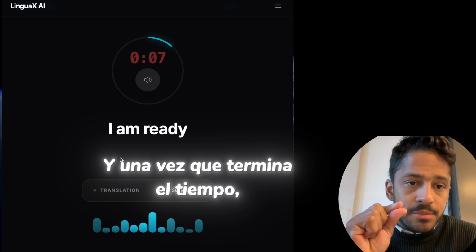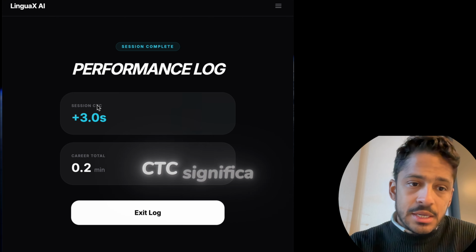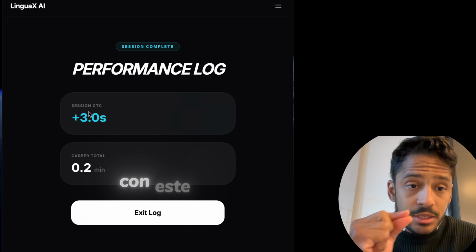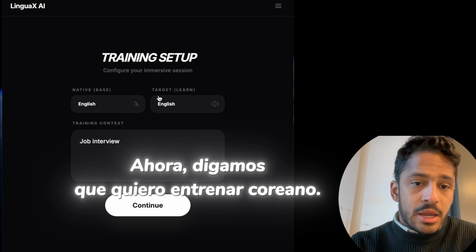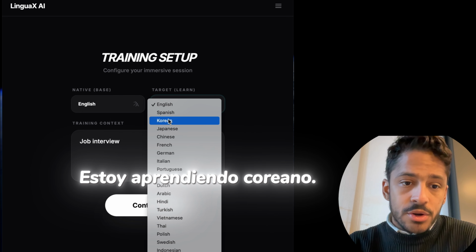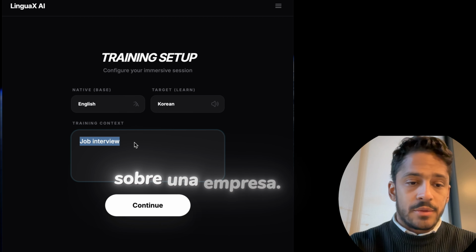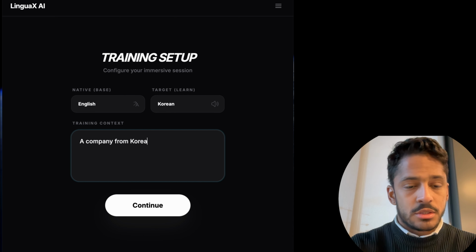And after the time is over, you can see the logs, the performance log. This is CTC. CTC means conversation time created. Is the time I have created practicing with this scenario in this specific context. So now let's say I want to train Korean. I'm learning Korean, and let's say I want to train about a company from Korea, South Korea